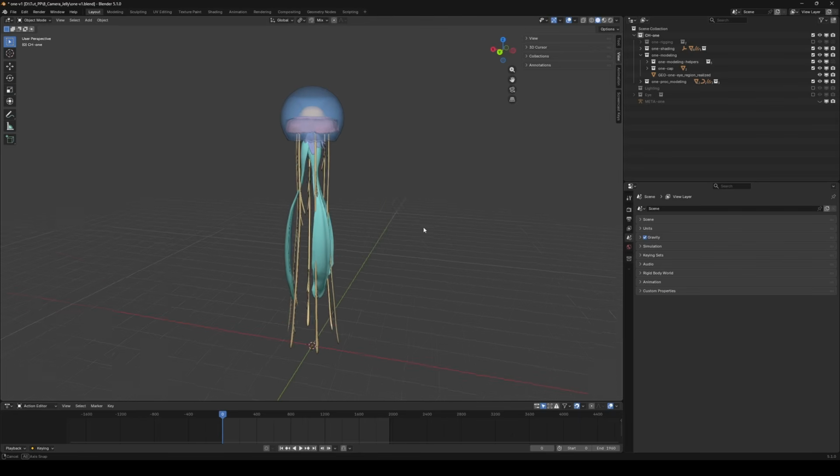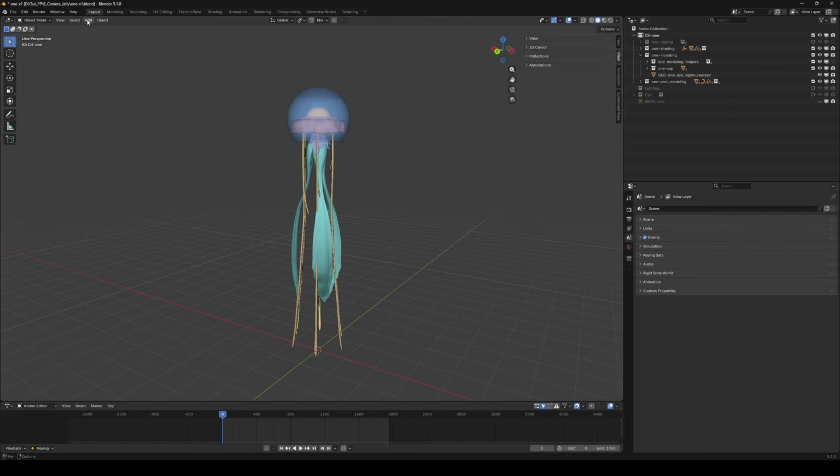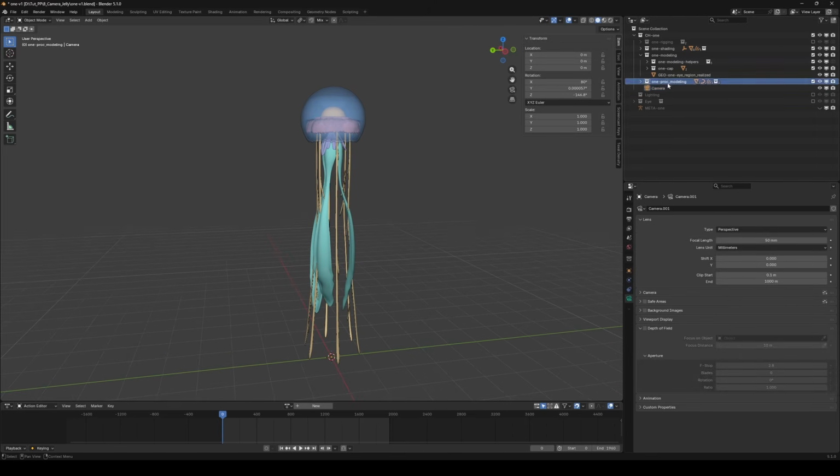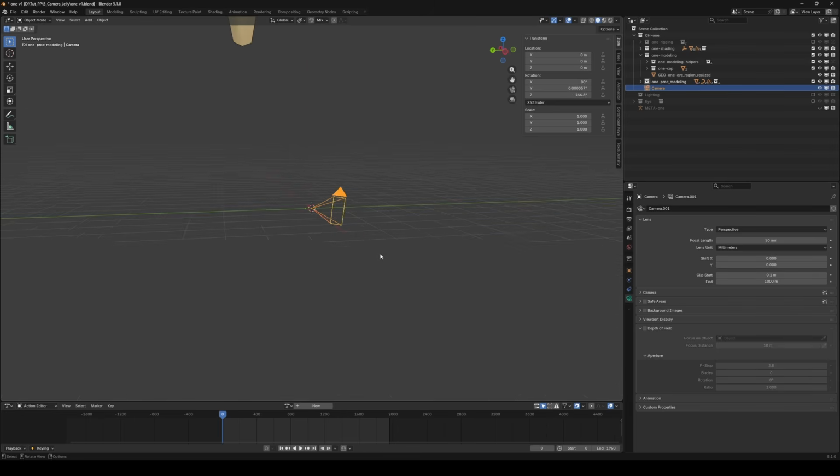So to create a camera, that's pretty simple. You can pick a camera through the Add menu here, or if you press Shift plus A, you will find the camera object just there. So let's select it, and by default you will see a camera appear in the scene collection. And if I press the numpad key period, it will focus on my camera. As you can see, it spawns by default at the location of your cursor,